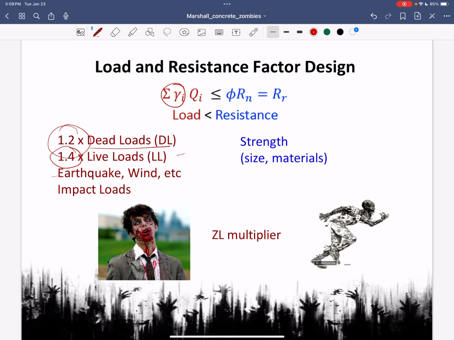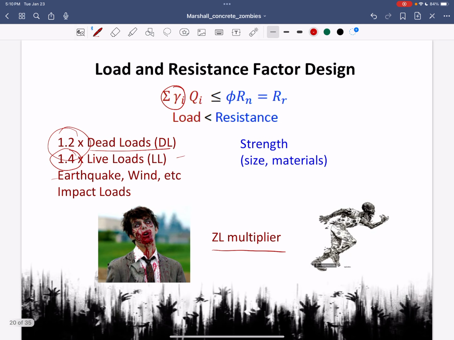Say the zombies, unless we're in a zombie apocalypse, that zombie multiplier, I might make it high because I've got a lot of unknowns with that. But I also might say if I combine dead load, live load, and zombie loads, I'm probably not going to have all of those at their maximum at the same time. So I'll come up with some combination to put in the zombie multiplier. Now, there's some unknowns with the zombies as well, right?